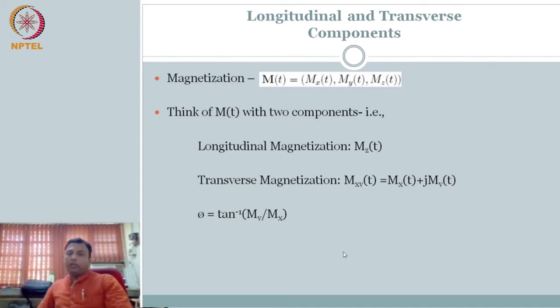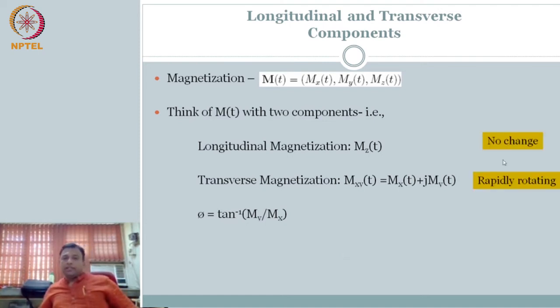But notice carefully what we have done. We have split it into two components. One is the z direction, which we'll call longitudinal magnetization. The other is the magnetization in the floor. You'll notice that the z will not change rapidly. Longitudinal magnetization, if you have your z direction, it will come to the equilibrium value, for example, after you wait for several times. In the static magnetic field, the net magnetization in the z direction is achieved.